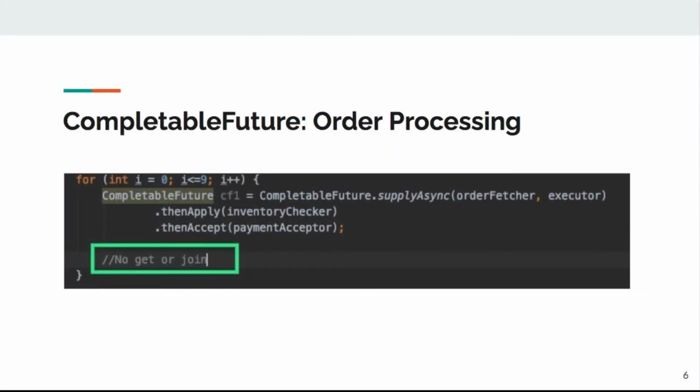So with completable futures, we do not need to return to main after any of the stage completion. So there is no get or join here in this code. Instead, the result of one stage is passed to the next stage seamlessly without returning to main by using callbacks. And the function and the consumer functional interfaces make it much easier for stages to accept values so that we can have effective chaining of these functions.